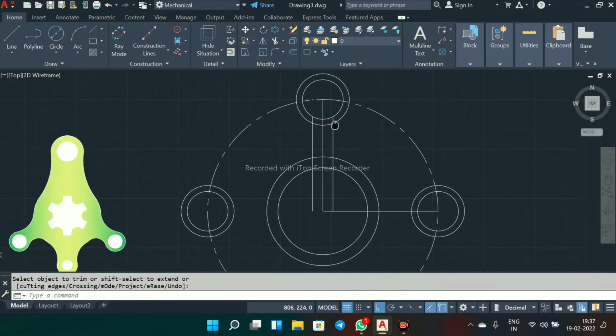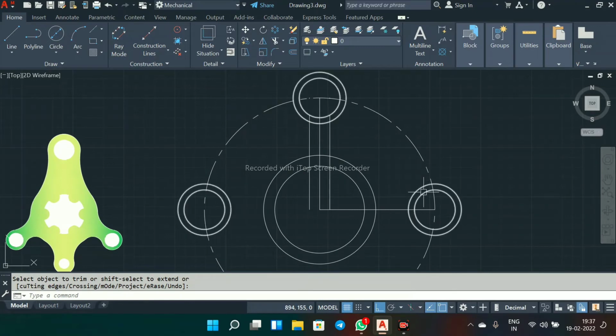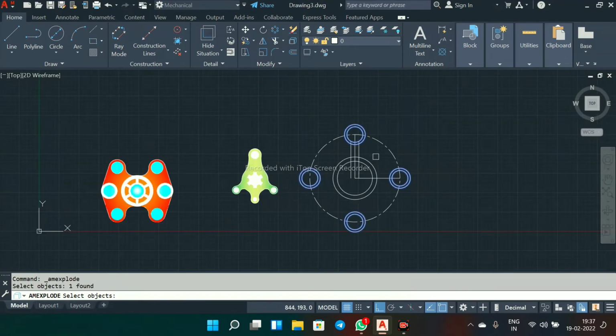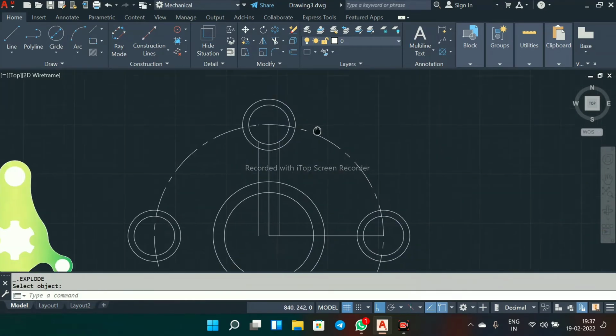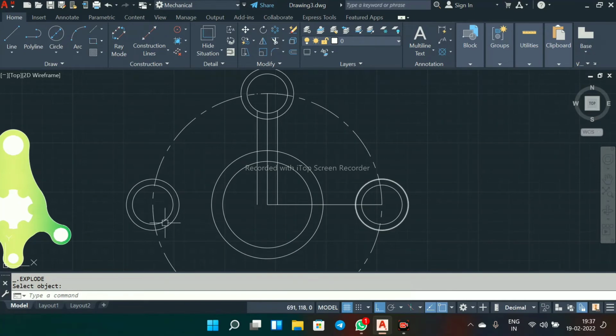Here it is not trimming because we have chosen here polar array. So for that, go to explode and select this arrays, right. So now they have become the separate objects. Go to trim.